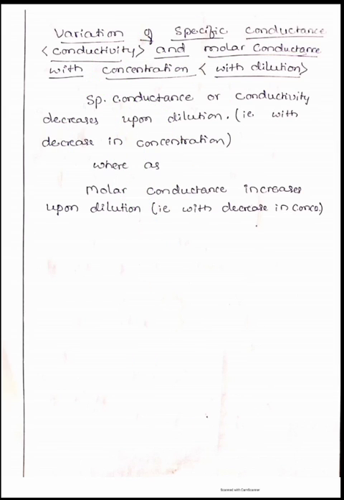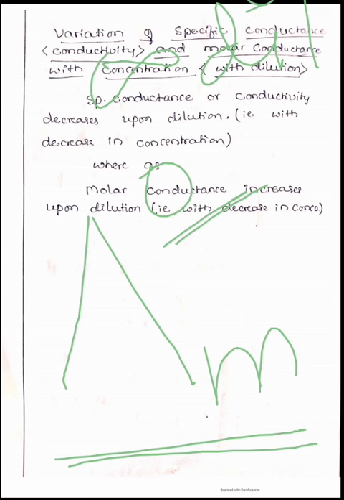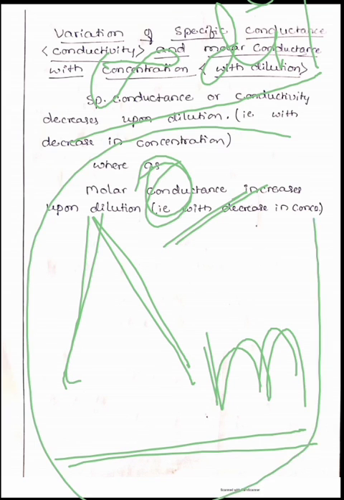That high molar conductance can be taken as lambda naught m. So lambda naught m can be taken as the molar conductance at infinite dilution, or the molar conductance of a solution at 0 concentration. This is nothing but the representation of molar conductance at infinite dilution. Okay, so we will measure the molar conductance of a solution